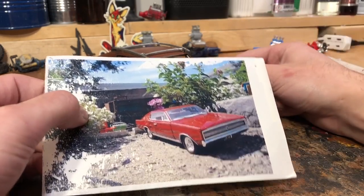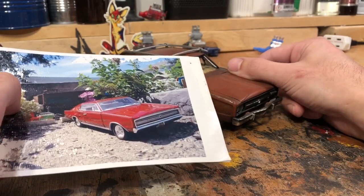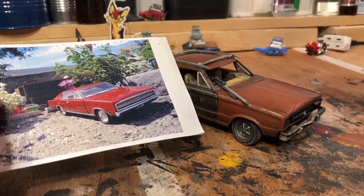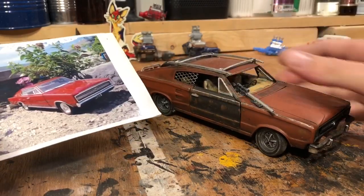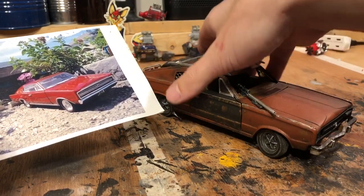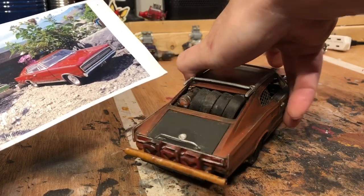But this thing used to sit outside, and I think this was like 18 bucks back when I bought it, and it was the only one that aged really well. And man, this thing aged very well compared to some models that I've had. The windows remained see-through, and the paint got this really cool alligator crackle on it, but eventually it aged too much. It did sit outside all the time,